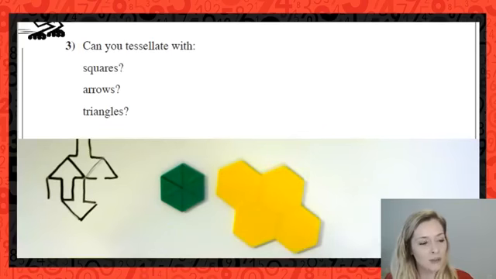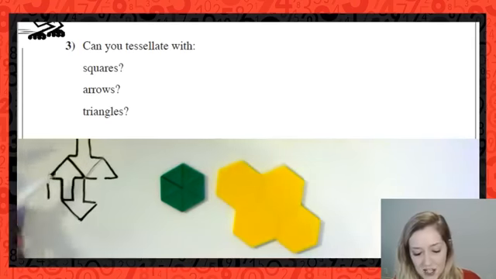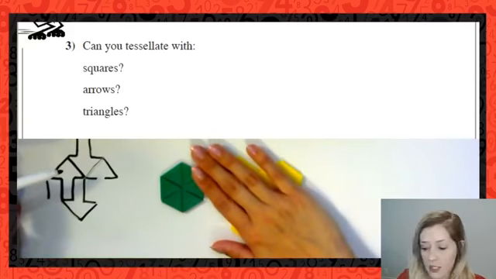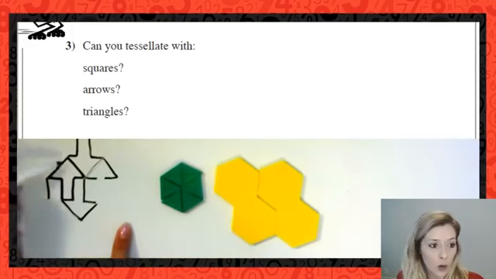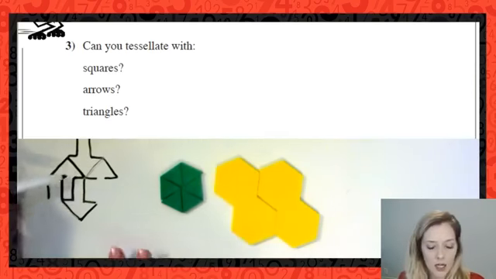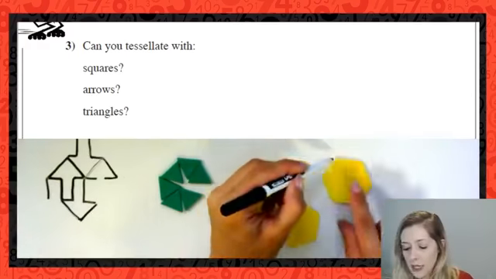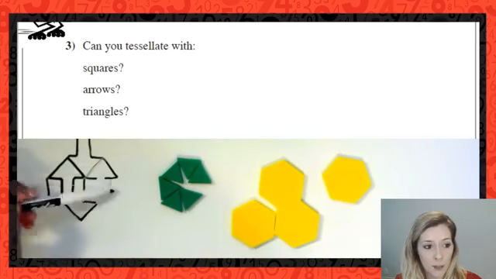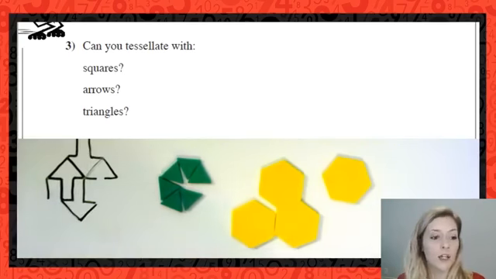Right? So maybe it's a matter of playing around with it and seeing what we can tessellate with and what we cannot, unless I messed that up. Okay? So what you could do actually, and this is a great way to play around with it, is if you don't have pattern blocks, you can trace your own arrow on a sheet of paper, maybe a thicker cardstock, cut that out, and use that as your pattern block, and trace it around on your sheet of paper and see if you can fill in at least a part of that sheet of paper with a tessellation made of arrows or any other shape that you're interested in.